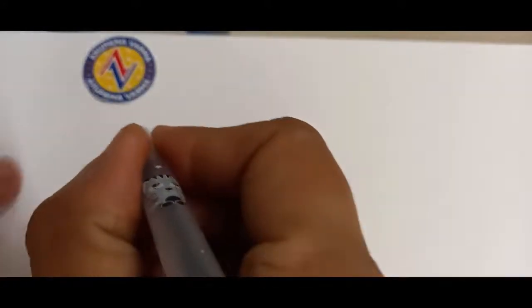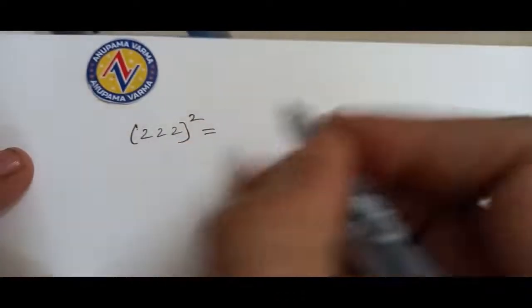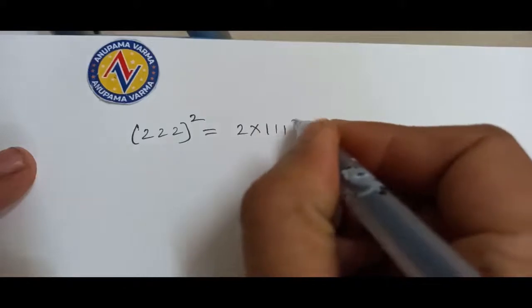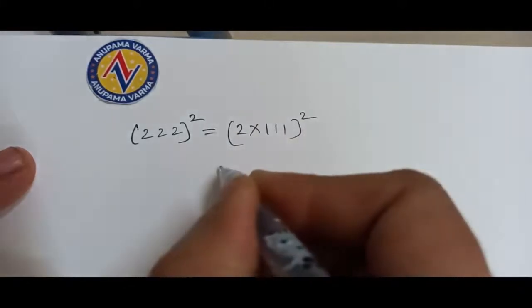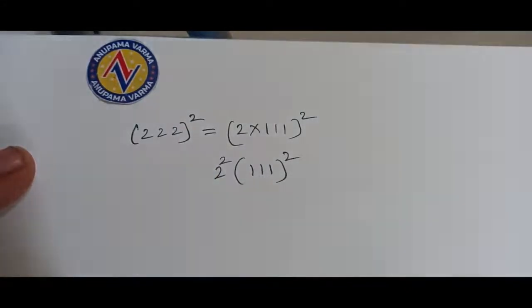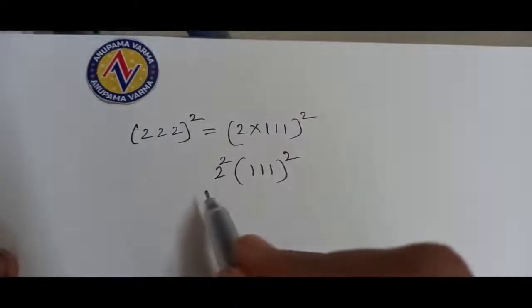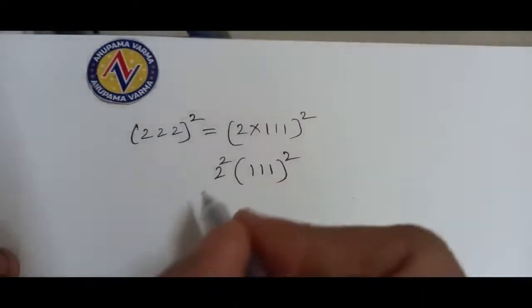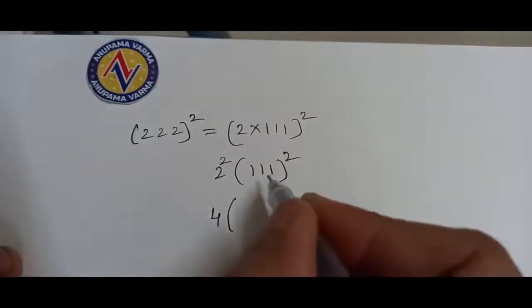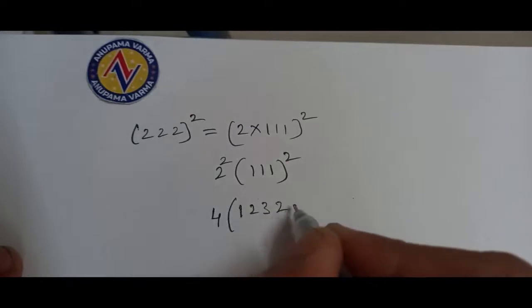For example, we need to find triple 2 square. Triple 2 we can write as 2 into triple 1, right? So whole square. Take out 2 square as common, write triple 1 square. If you know the value of triple 1 square, then the answer we can write easily, no? So 2 square how much? 4. Triple 1 square value. So here 3 digits are there. Write up to 3 and reverse the pattern.